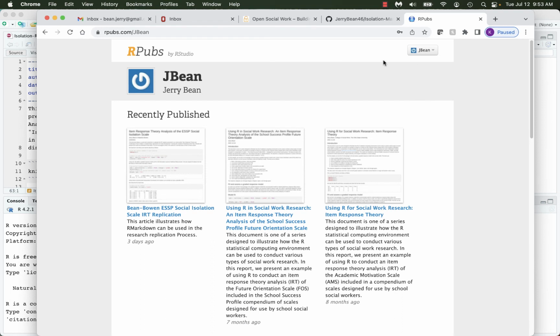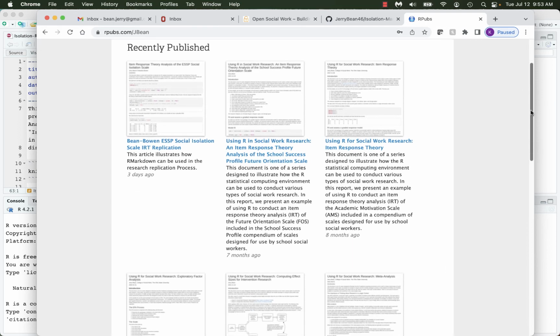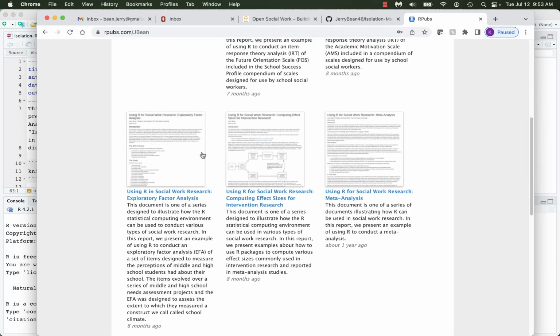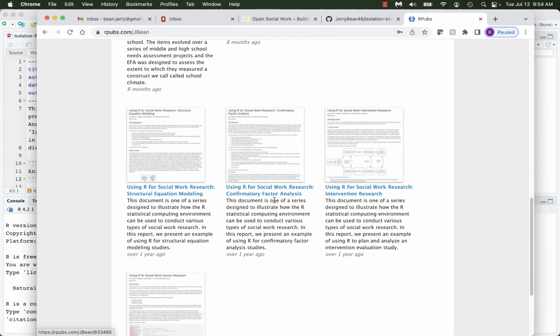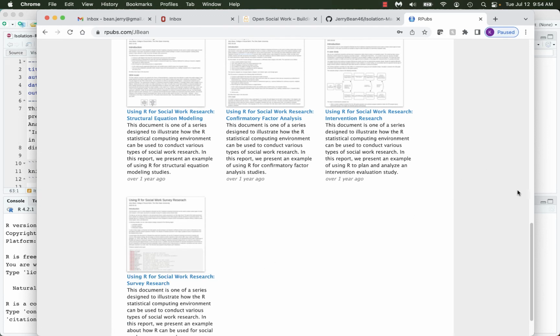profiles. So these are, they're kind of hard to see, but these are examples of the RStudio R Markdown documents that I've created. Item response theory, this is the one we just did. I've published that. And exploratory factor analysis, meta-analysis, SEM, CFA, intervention research, and survey research.